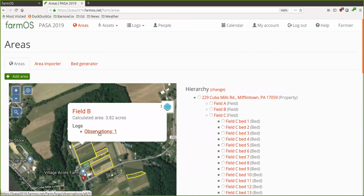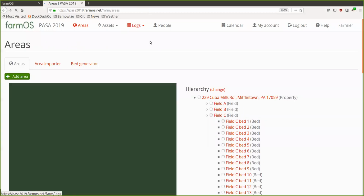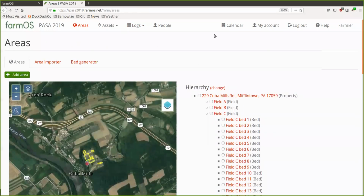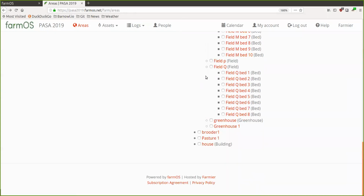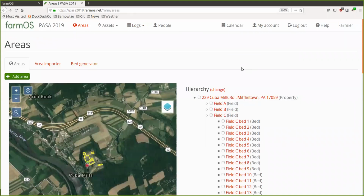So this one has an observation. And if I click on that, this will bring me to the list of observations in that field. And then I can see this observation here, which was just a test. So I'll come back to observations when I get to logs. But the areas in your farm can be arranged hierarchically, and you can have fields, you can have beds, buildings, greenhouses. So it really just kind of creates a vocabulary of places on your farm that you can then reference